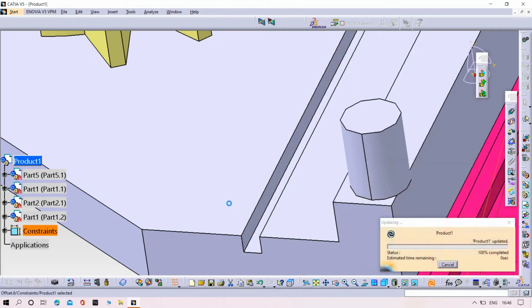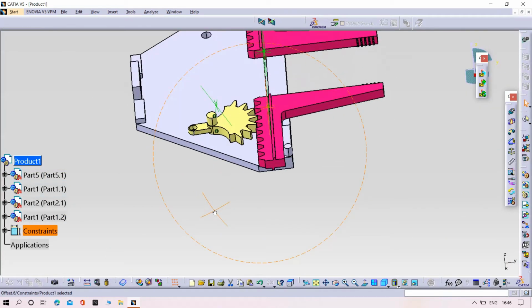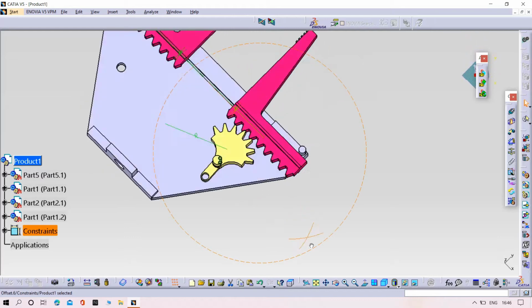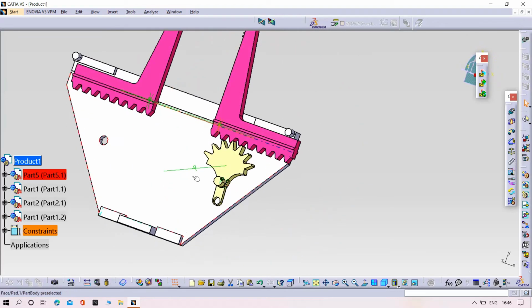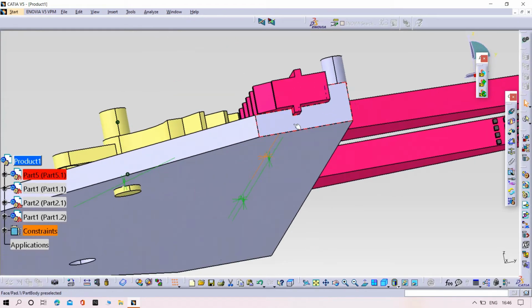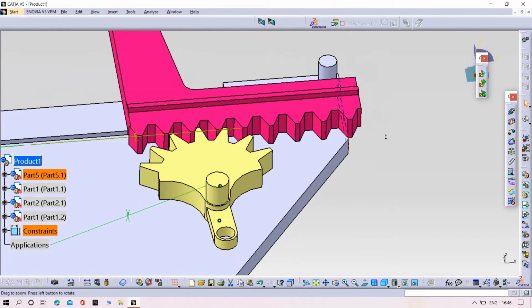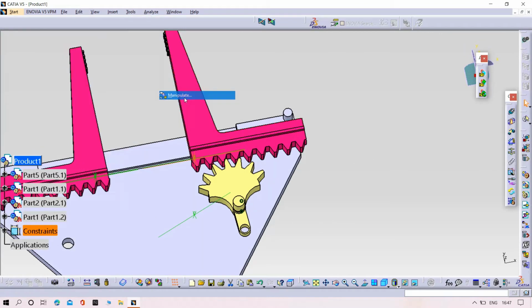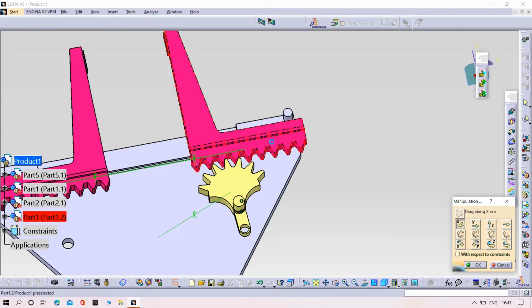Zero. Apply. Yes. And then try to adjust the part as you are seeing now.